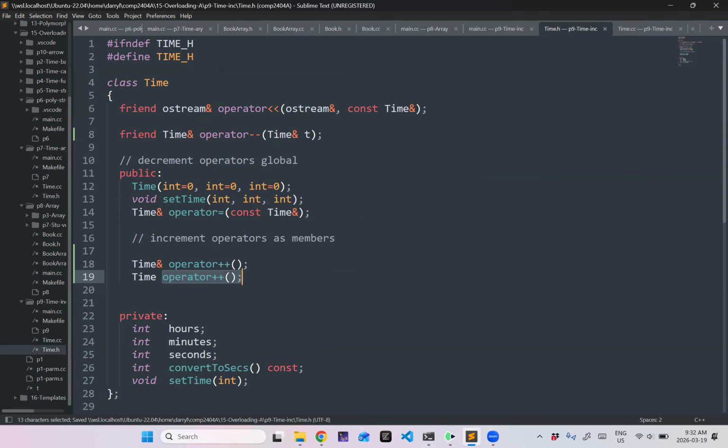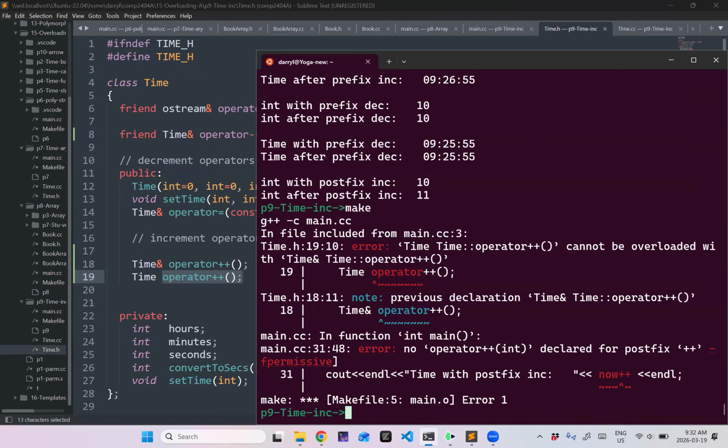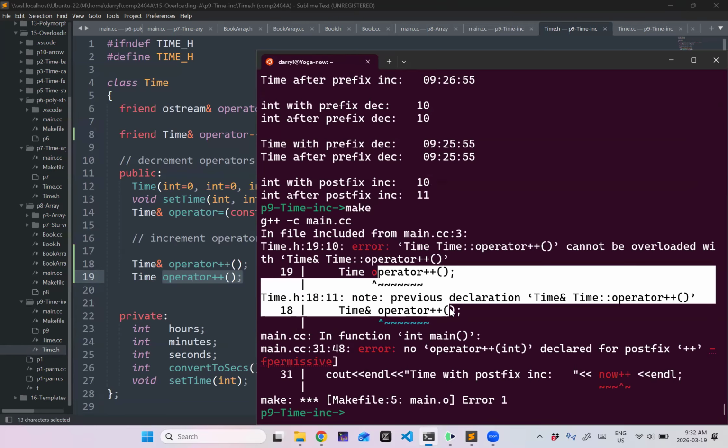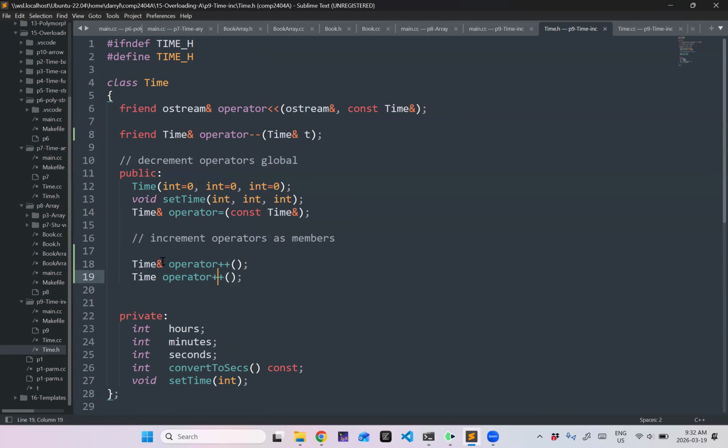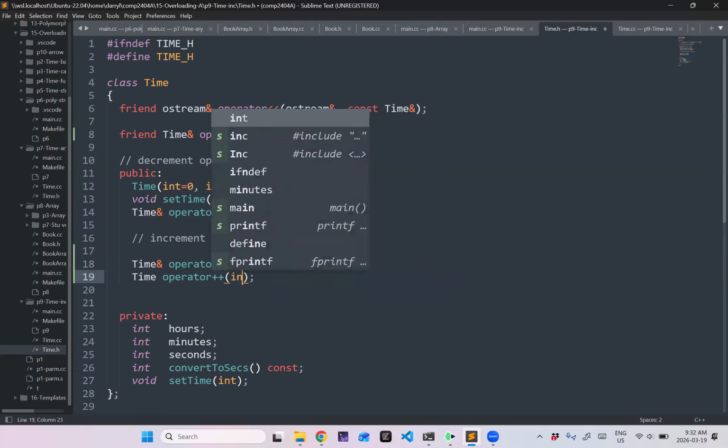Well, this might cause a problem because those two things have the same function signature, right? The return type is different, but as far as the compiler is concerned, that does not factor into it because I can always just ignore the return type. So the people who made C++ needed a way to tell the compiler that this one is a prefix and this one is a postfix. And I mean, I can think of at least 100 ways to do it that are, I would argue, better than this. But what they did was